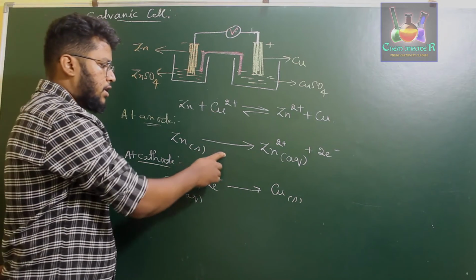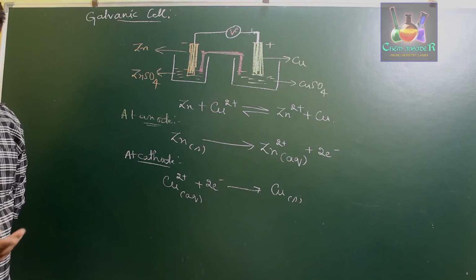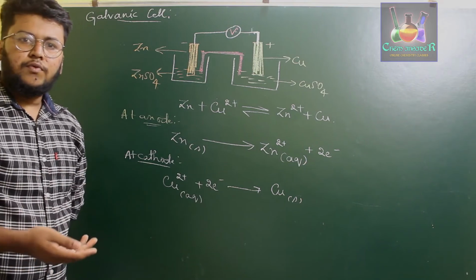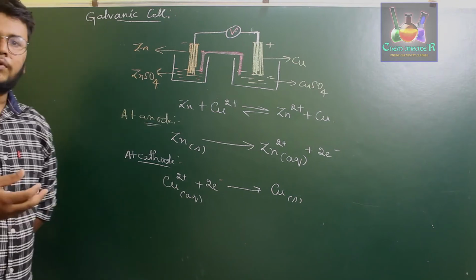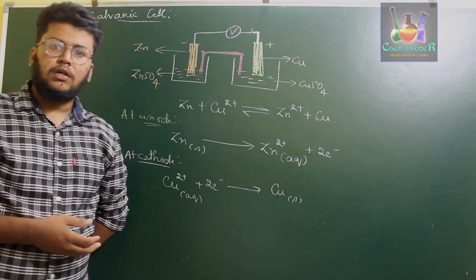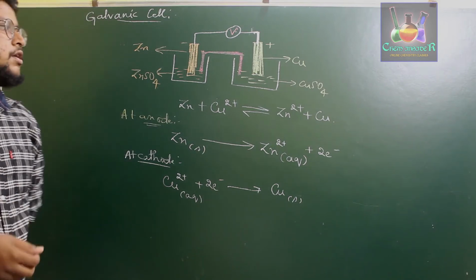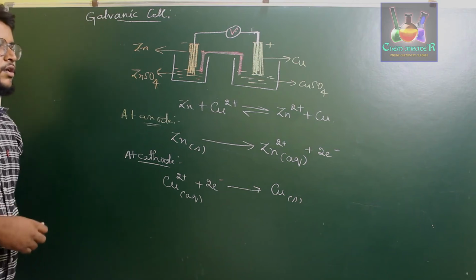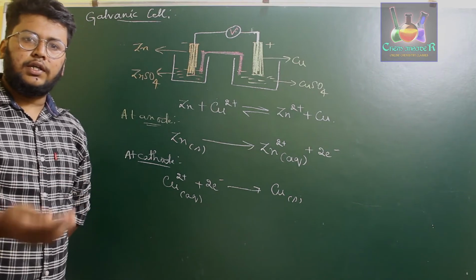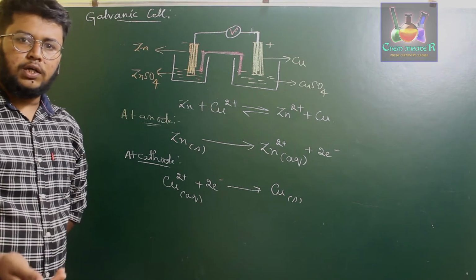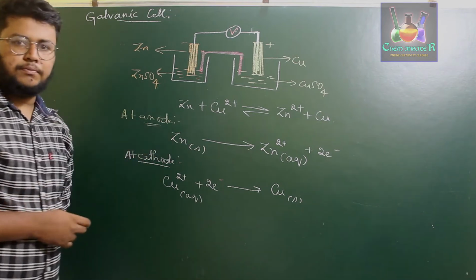Due to the energy released by the redox reaction, that particular chemical change is converted to electrical energy, which is used for certain works to be done. For example, if you have to heat up a heater or a geyser or a battery cell, we use this particular reaction. So using the reaction of the Daniell cell, we can create electrical energy or do some electrical work defined by the Gibbs energy of this reaction.